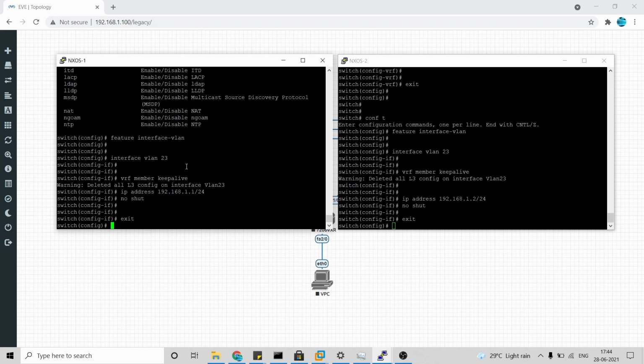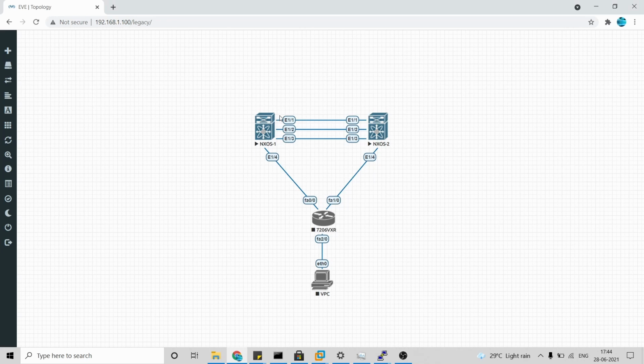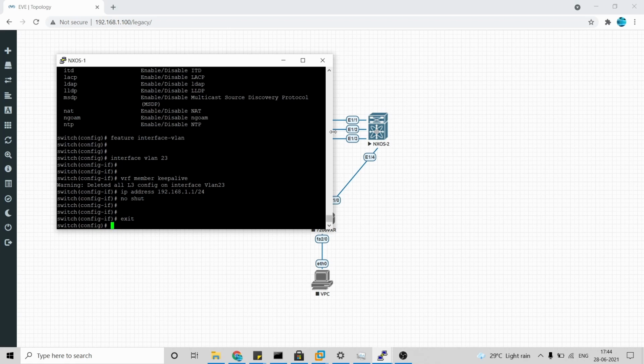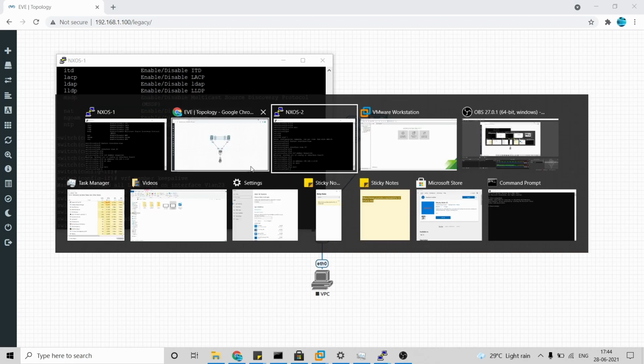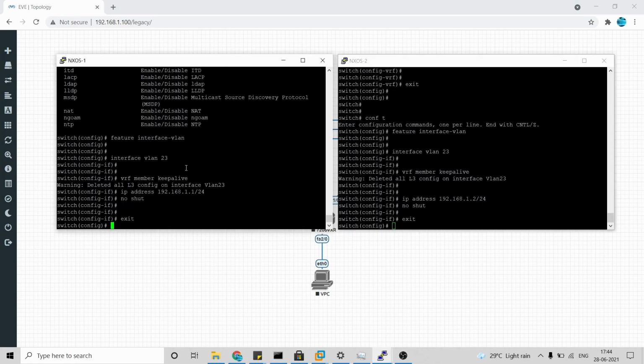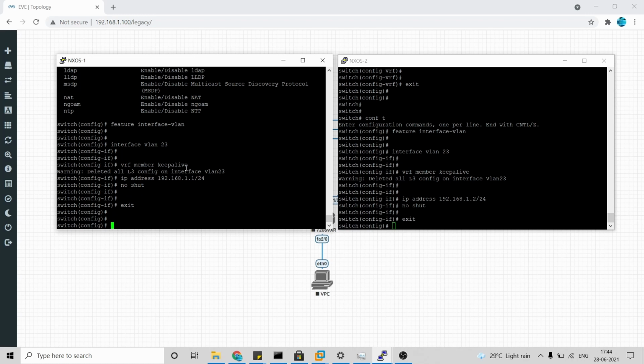Next, I am just going to configure the VPC keepalive interface. Here we'll take 1/1 as the VPC keepalive interface, and the other two as the peer link ports. So I'm just going to configure the keepalive interface now. It's interface Ethernet 1/1.